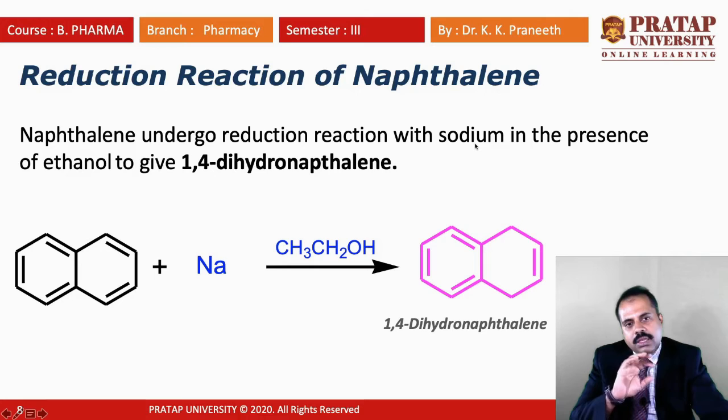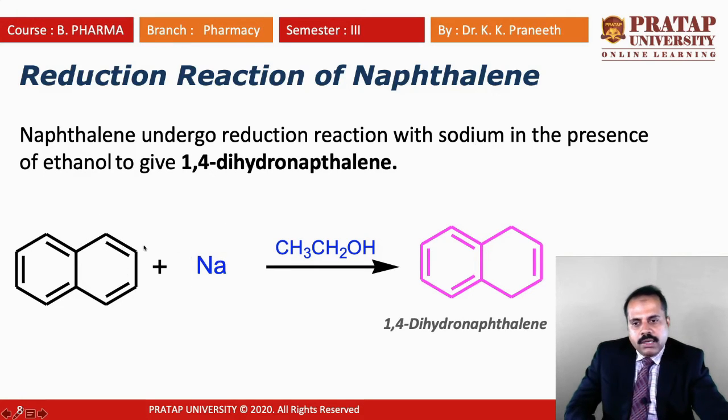Sodium can supply electrons, right? Sodium has one electron in the outermost shell, which it can easily donate to attain a stable configuration. So, in the presence of ethanol, any alcohol solvent, we have used ethanol here,